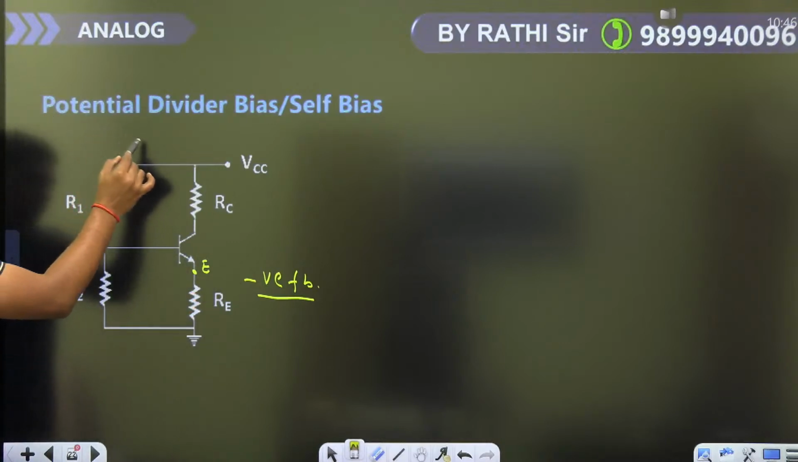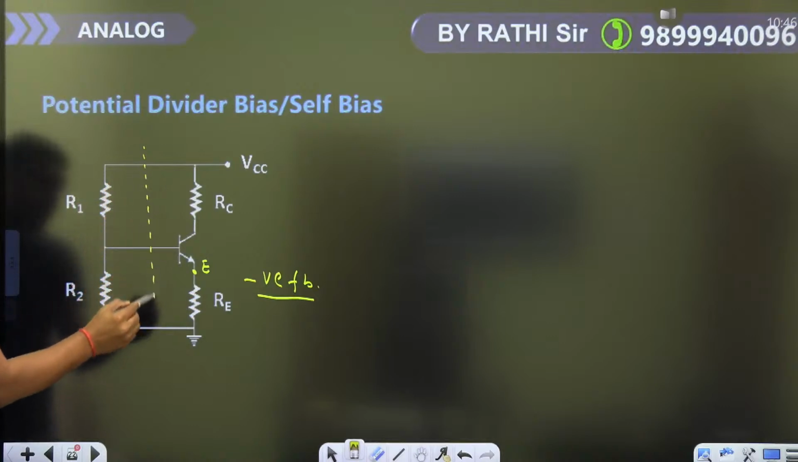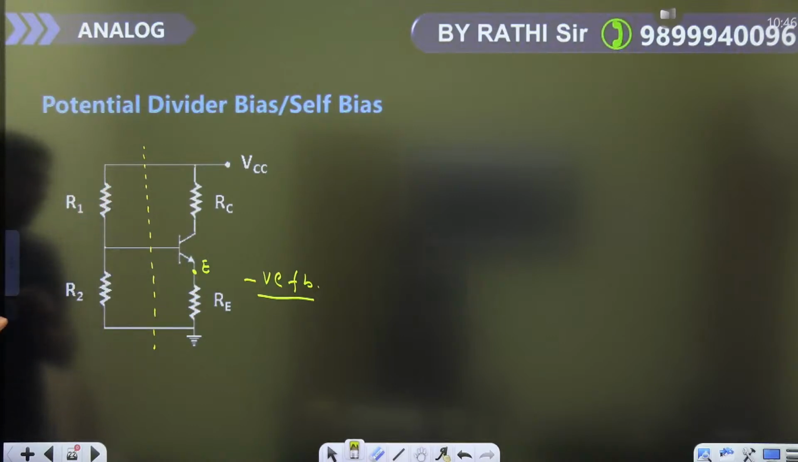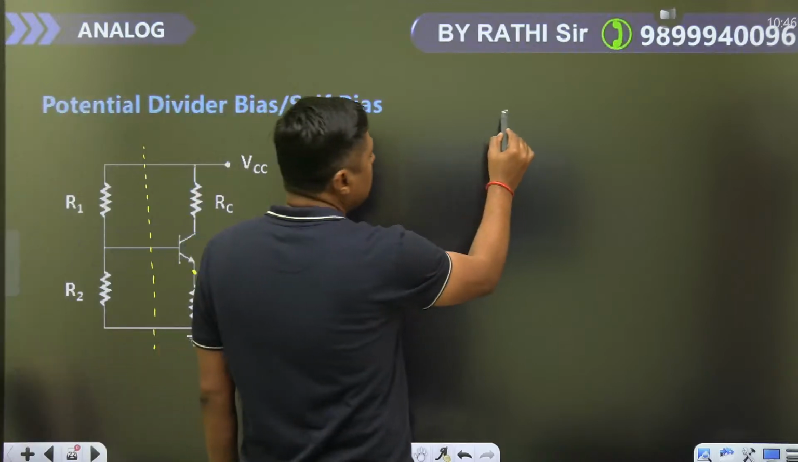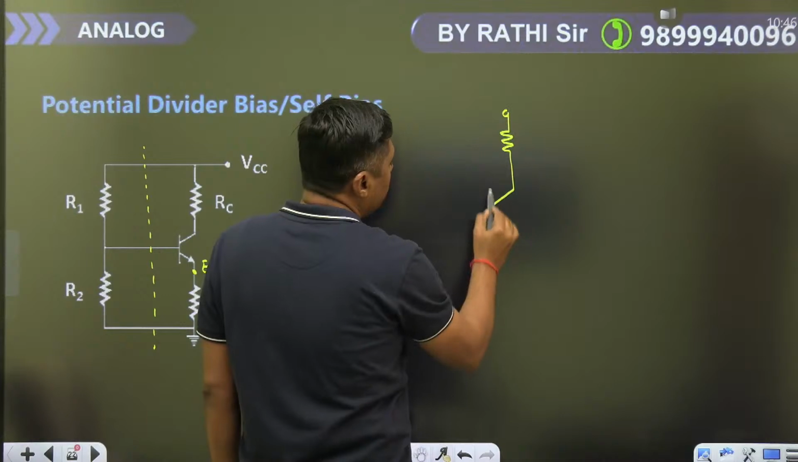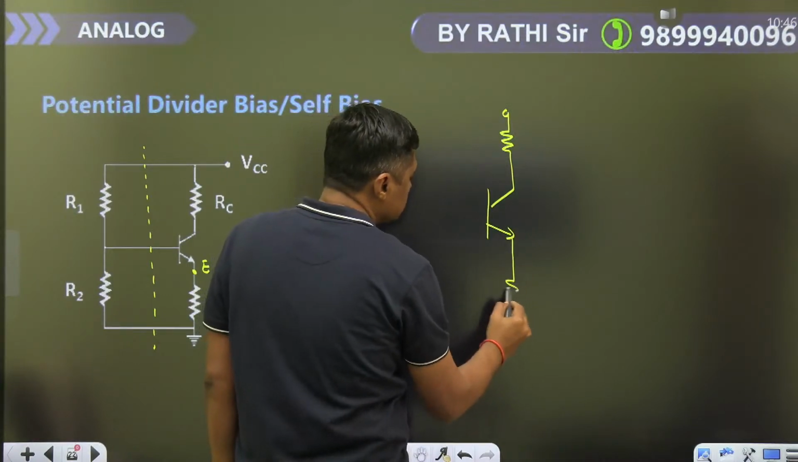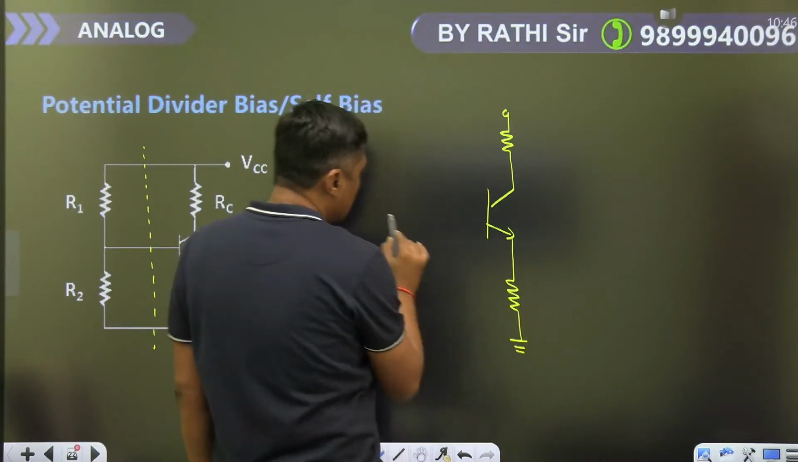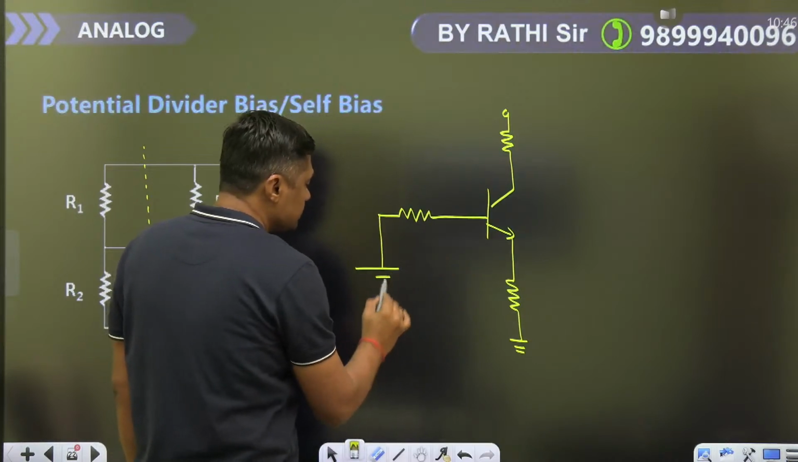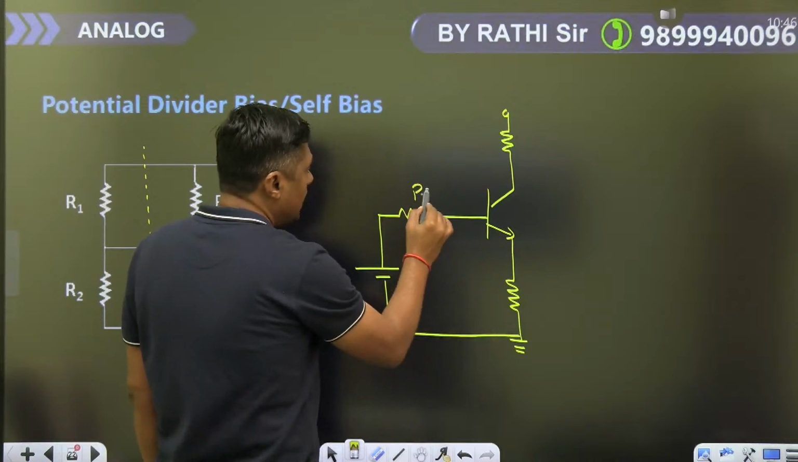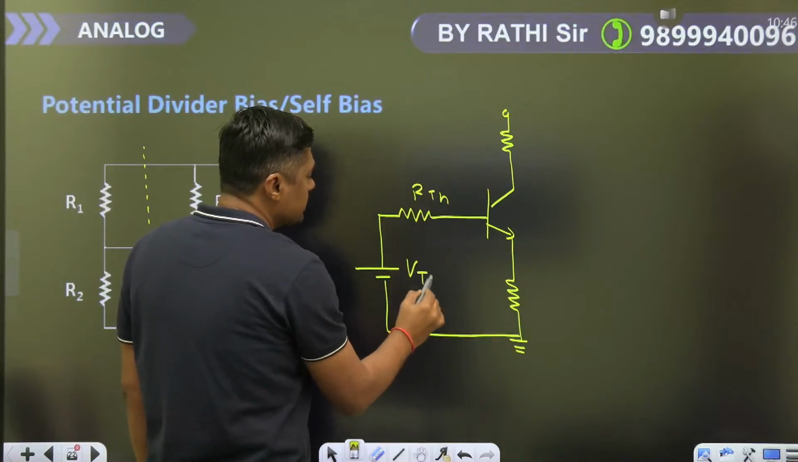देखो, यहाँ पर एक पोटेंशियल डिवाइडर लगा हुआ है, R1 एंड R2। तो जब भी हम इस क्वेश्चन को सॉल्व करते हैं, देन विद द हेल्प ऑफ थेवेनिन्स थ्योरम, इस R1 एंड R2 को आप कन्वर्ट कर देते हो RTH एंड VTH, RTH एंड व्हाट VTH,